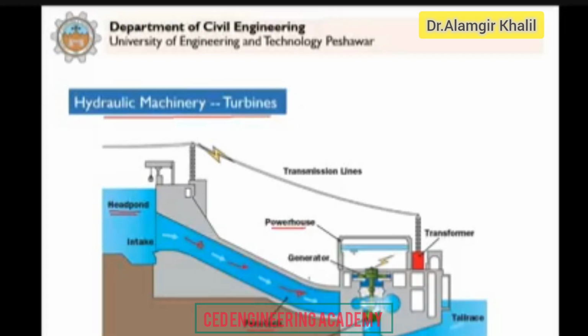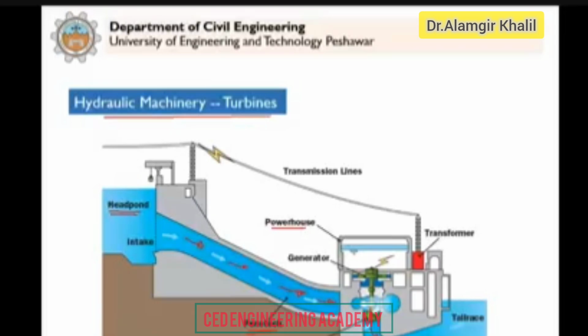So the penstock, as I said before, originally was the name of a valve, but later on this whole pipe was named the penstock. So the penstock is a pipe or a tunnel through which the water is supplied to the turbine. You can see that this water comes here. It is supplied to the turbine through this penstock, and as this water passes through this turbine,